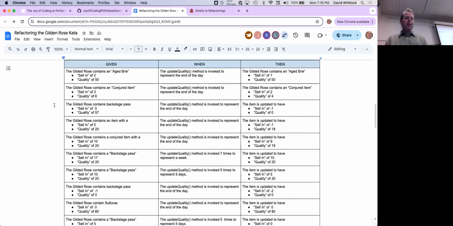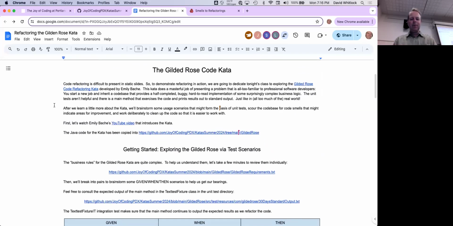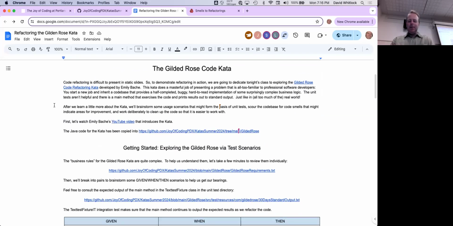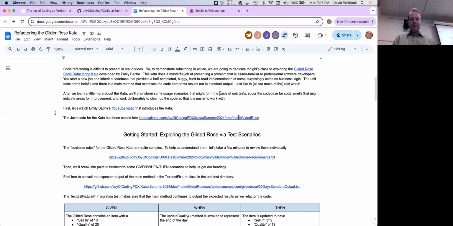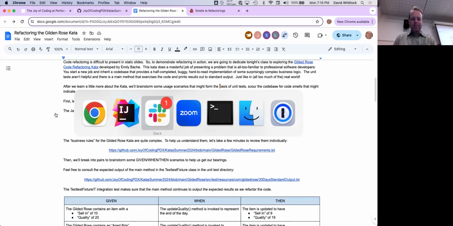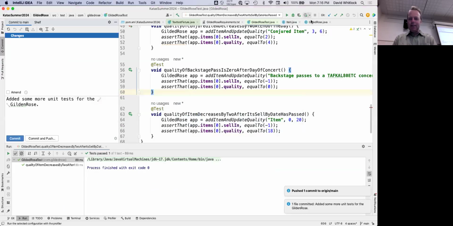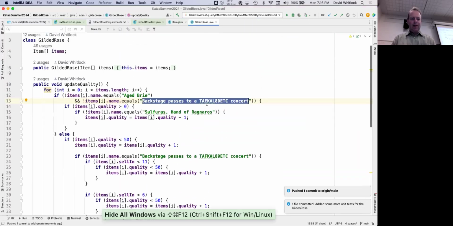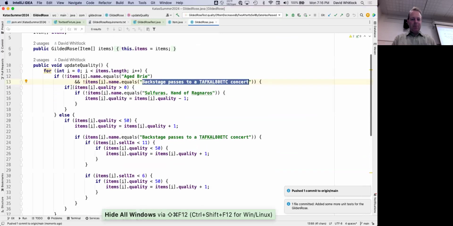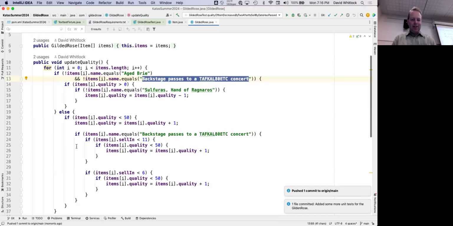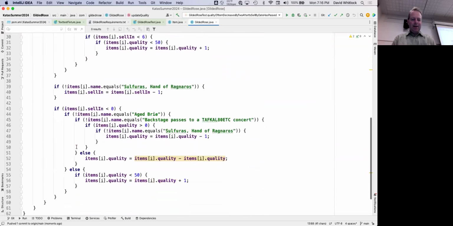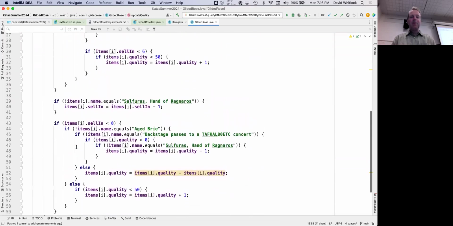So we've been working on this kata, which is all about this Gilded Rose Inn that has these items, and there's all this business logic about how the items age and what their quality is. And ultimately, we want to be able to add some new functionality to this. But let's look at the code in this Gilded Rose. It's got this one method, and as she pointed out in this video, there's all this indentation here, and that's a pretty clear smell.